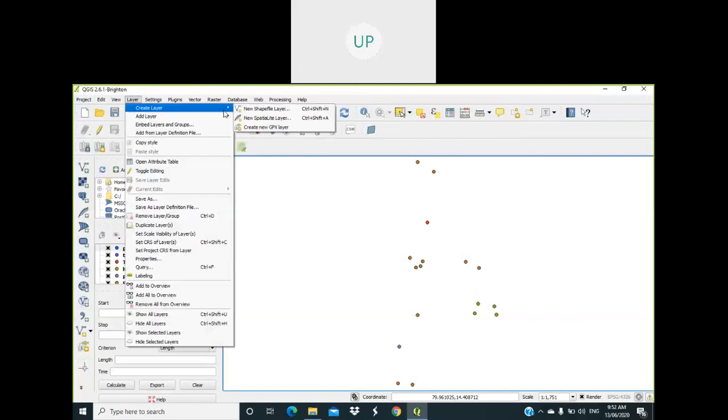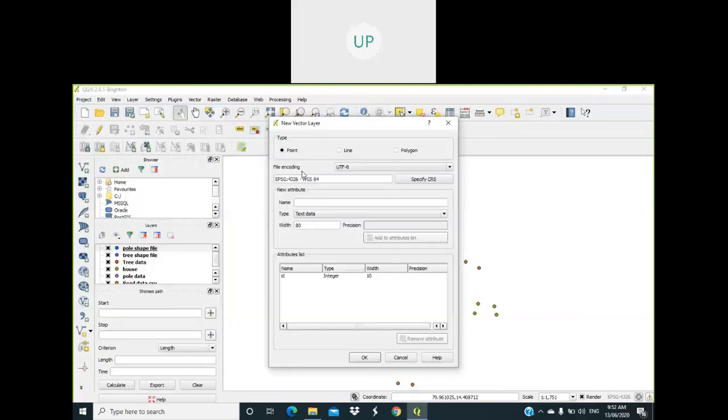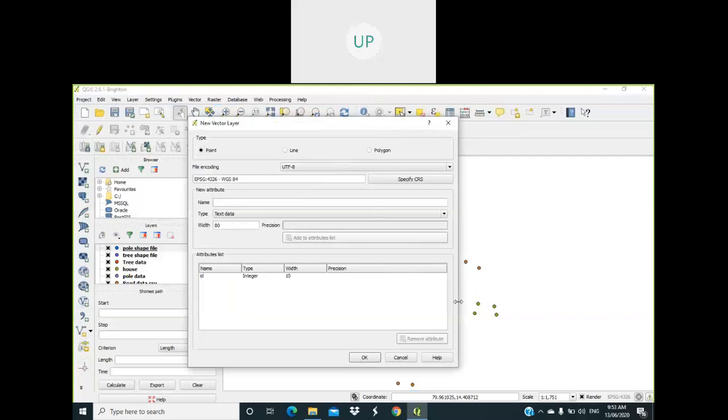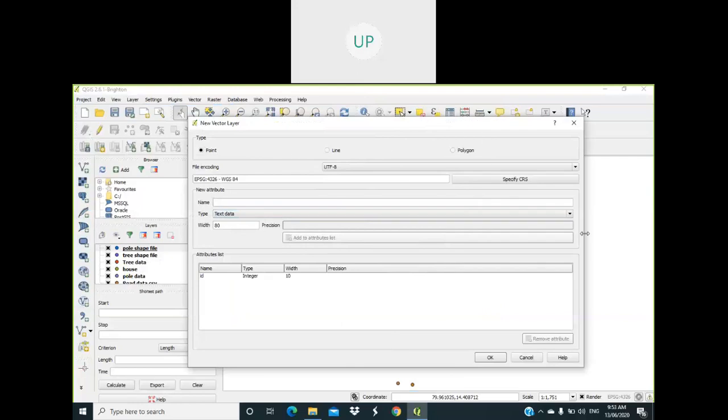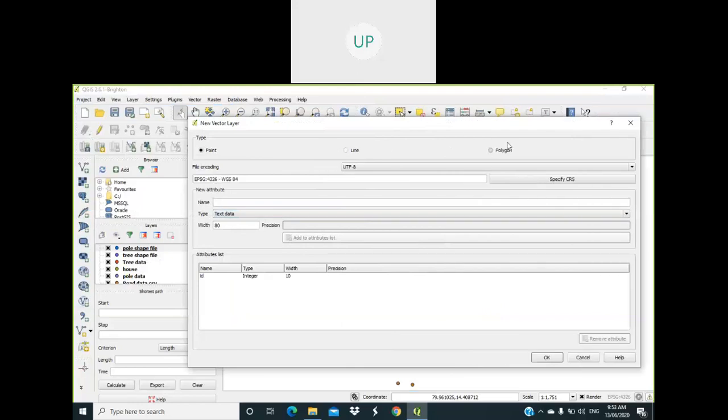So again layer, create layer, new shapefile. For house it is a polygon.